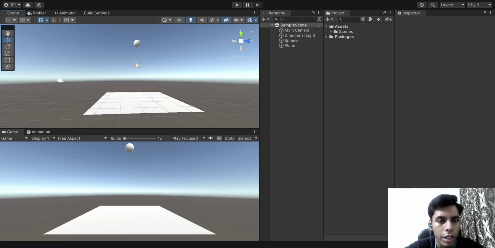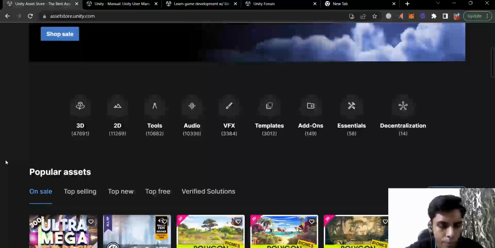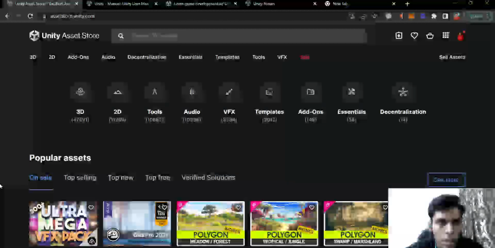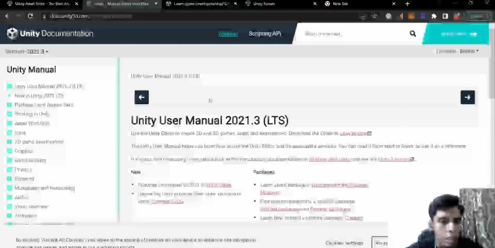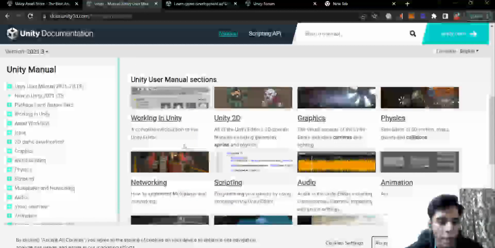Over here you can also see the Unity Asset Store, where you can find different assets for Unity. Here you can find free assets as well as paid assets. Next is our documentation, where you can find every topic in detail. You can find how they are working, what their values are, or how we can use them in a